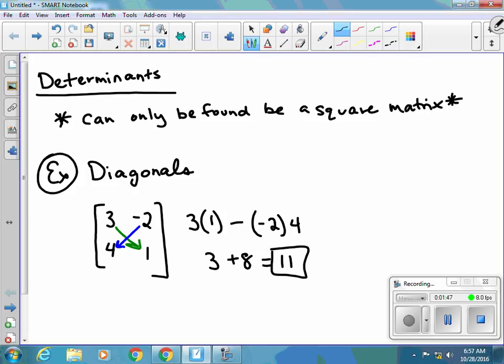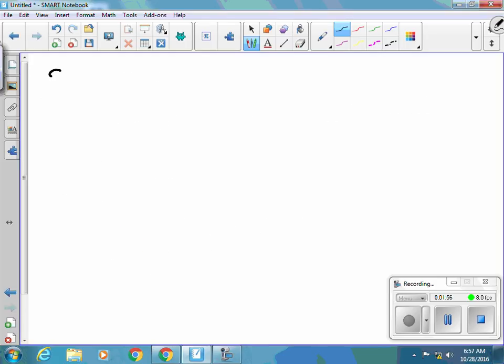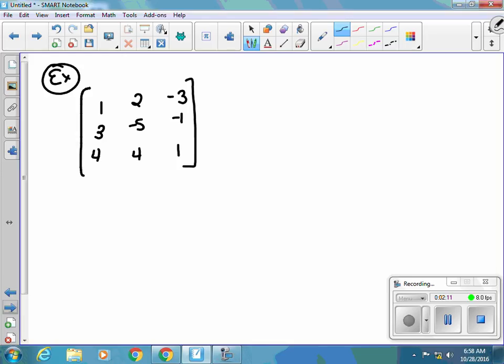Okay, so you're probably asking, okay, so a 2 by 2, it's a little bit easier, but what about a 3 by 3? How are those diagonals working? So let's go ahead and look at a bigger diagonal. Let's go with 1, 3, 4, 2, -5, 4, -3, -1, and 1. Okay, so these diagonals are a little bit larger, and there's more diagonals that you can have. So with this,